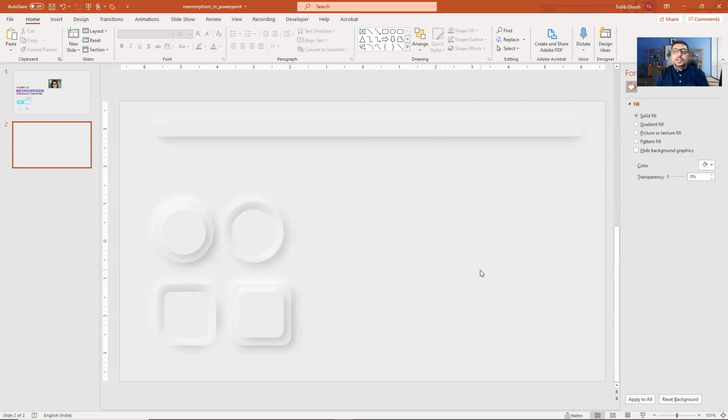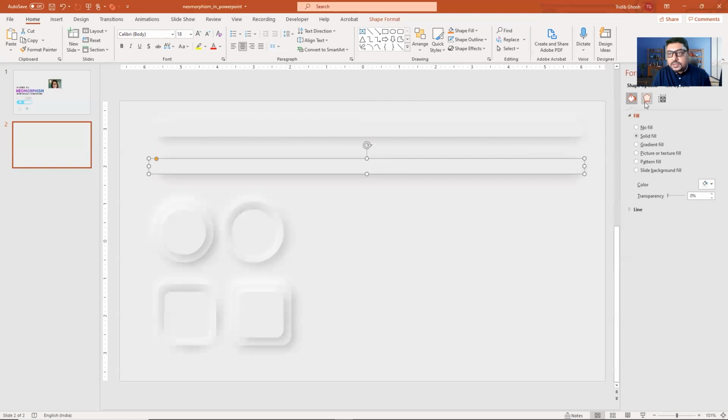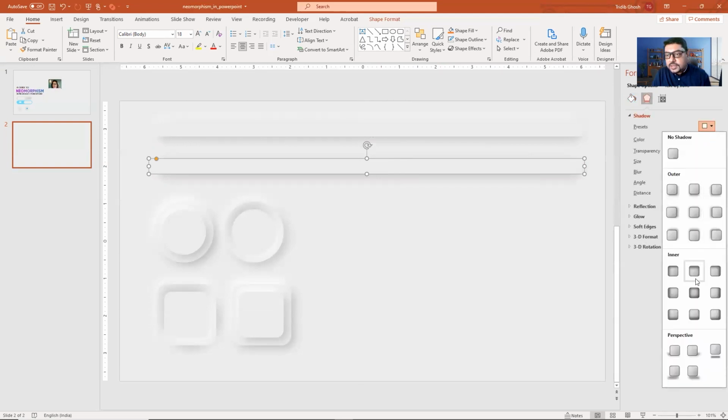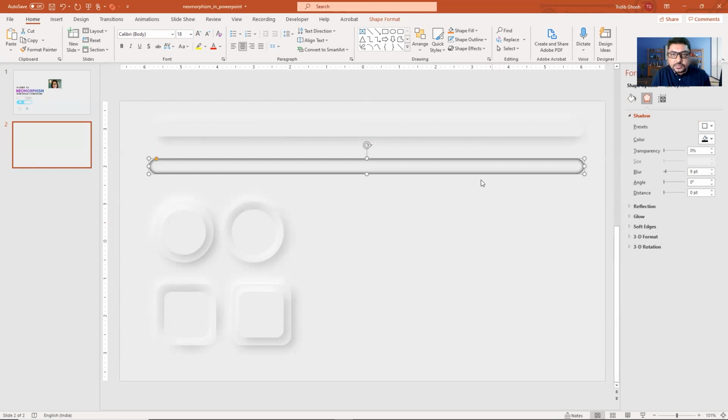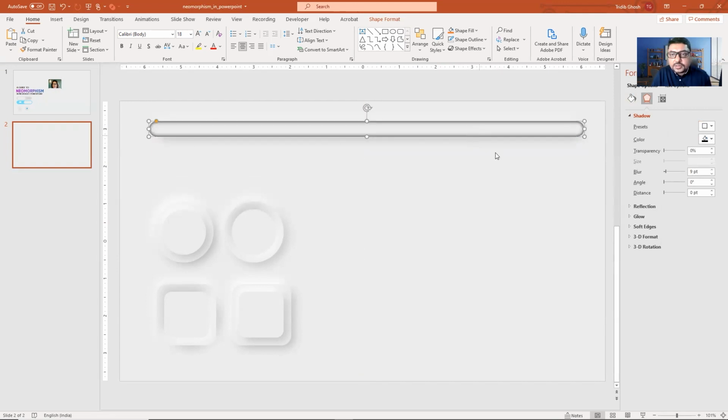And now I also want a sunken feeling on the inside. So I will copy this thing again, go over here and select inner shadow. Okay, and put it on top of it. Okay, but one thing, we have to reduce the opacity and the blur value.